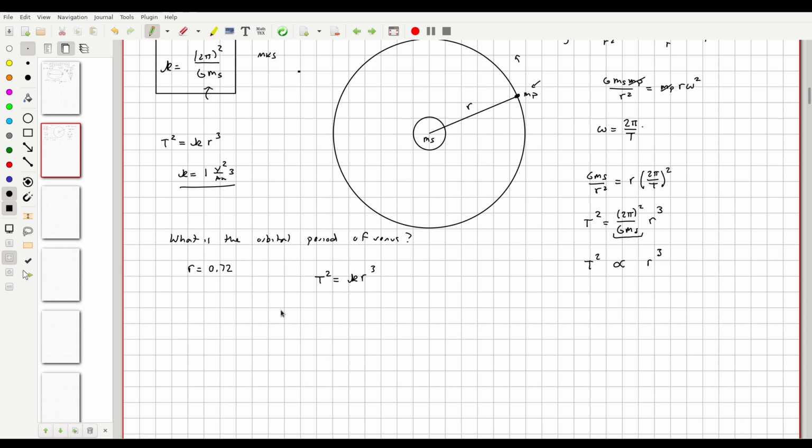So here, T would be the square root of k times r cubed, or 1 year squared over AU cubed times 0.72 AU cubed. And again, as you can see, the AUs are going to cancel each other out, and you end up with years squared. You take the square root of it, and that gives you years, which is what you want. So if you were to actually do this, you get